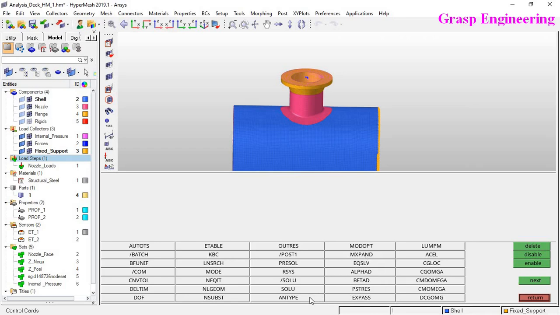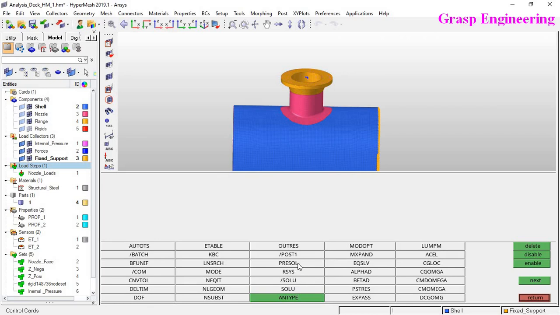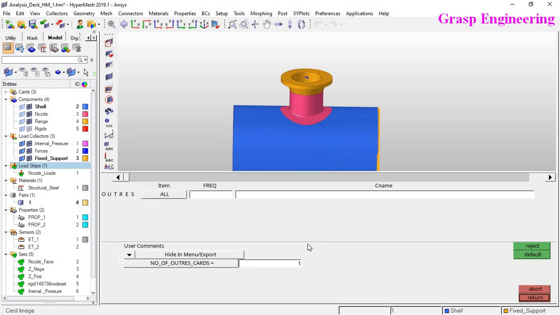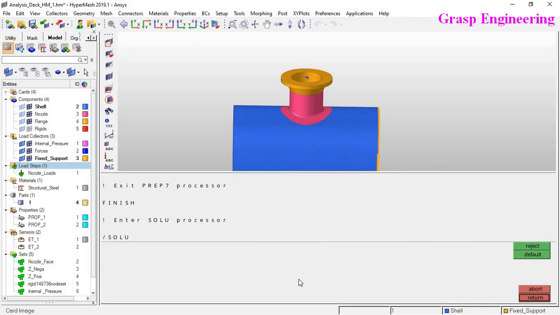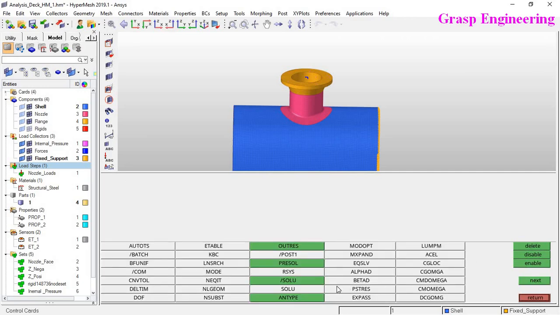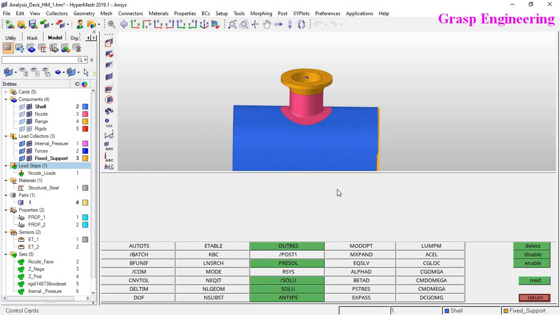Now let's define the analysis type, that is static, and let's define the pre-solve. If you want some reactions and all that, let's keep no need of that. If you want to keep the non-linear option on, then DF, I think this much is not required. Output stress, if you want to have some, is also not needed. Basically you will only need the solution type and here the post processing part. Here also, if you want to define the item label and all that, it is not actually required, but I just wanted you to go through that.